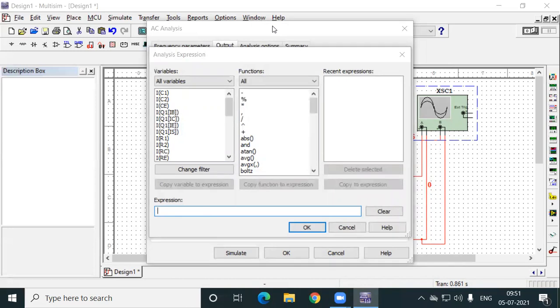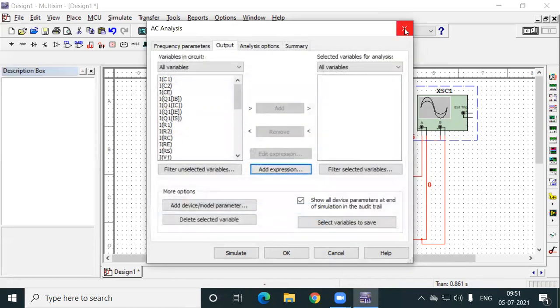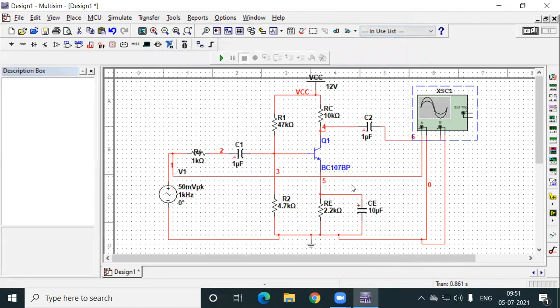Then how to give those parameters, I will tell you once again. Go back to the circuit diagram. Now here, see the circuit diagram. The output is connected to the B terminal of the oscilloscope. That is your output. Note down the number of that wire, 6. And come to the A of your oscilloscope. That wire is going to input. Note down that number. It is 1. So this is the output line and this is the input line. So output by input means V6 by V1.